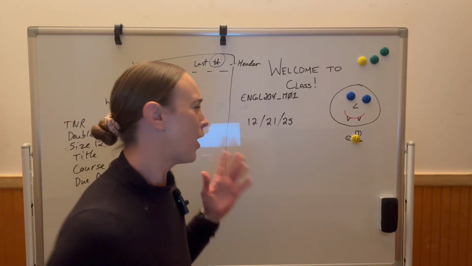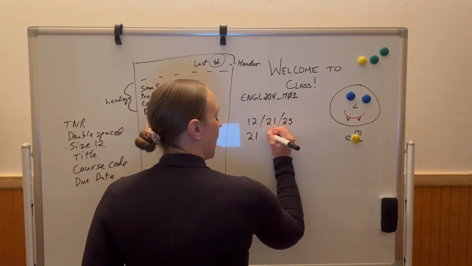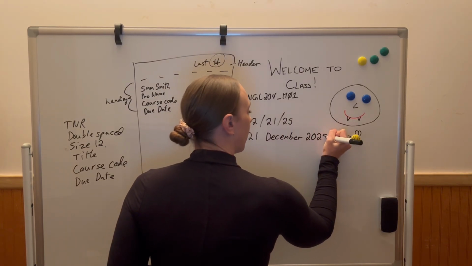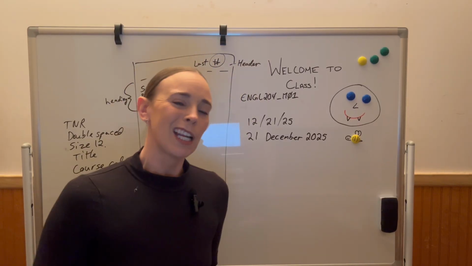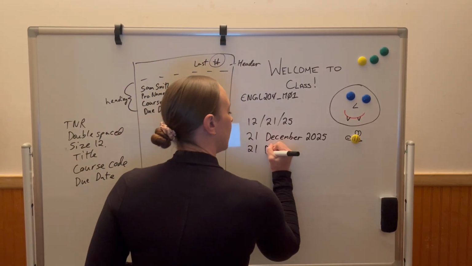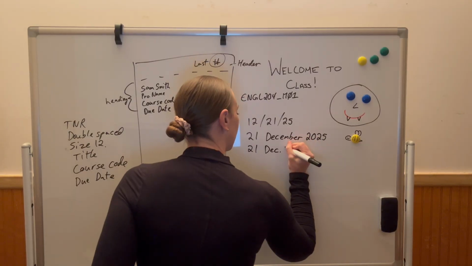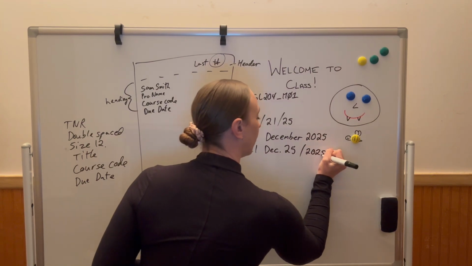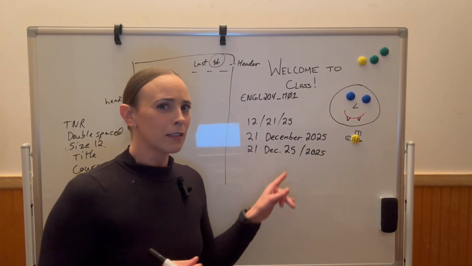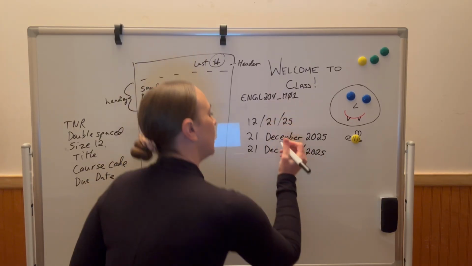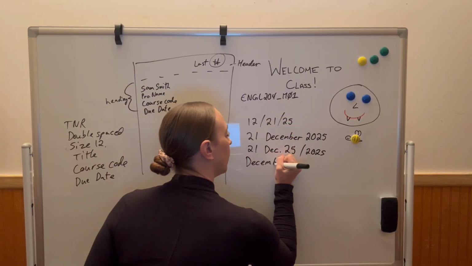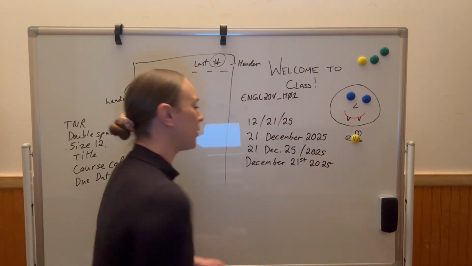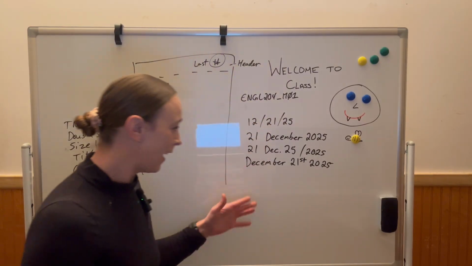And they're like, yeah. And then other people are like, no, you have to have the day first, and then December, and then spell it all out, 2025. And then somebody else will usually be like, no, that's not how you do it. It has to be abbreviated with 21 DEC period 25. And then somebody else will be like, no, it's got to be 2025. And then somebody else will be like, wait, I thought it was always the month first. So it would actually be, like, December 21st, 2025. We usually have about 10 different ways of things to write on here because there are a lot of different ways of writing the dates.